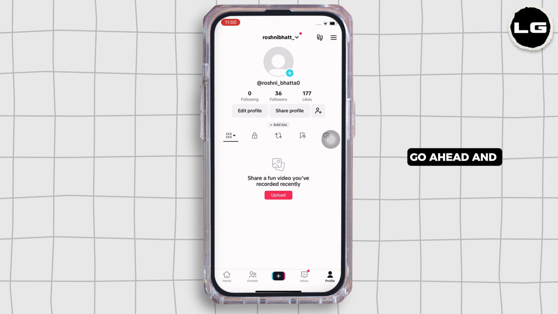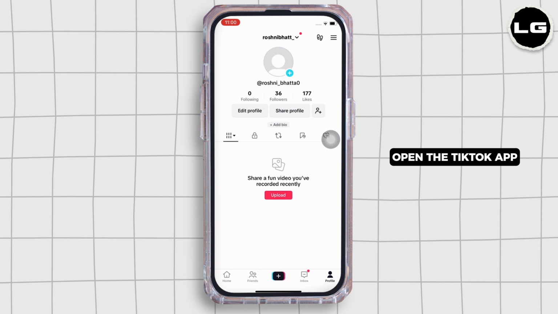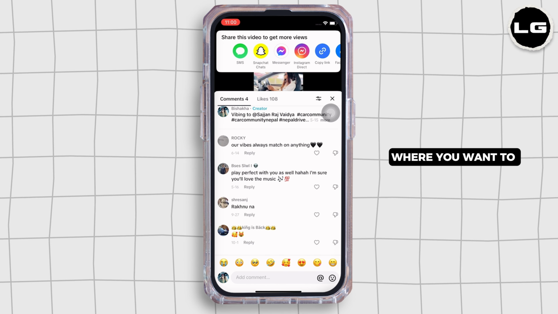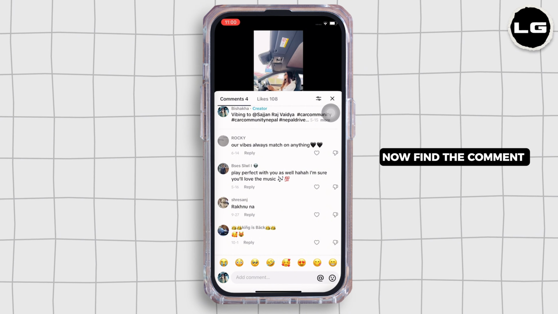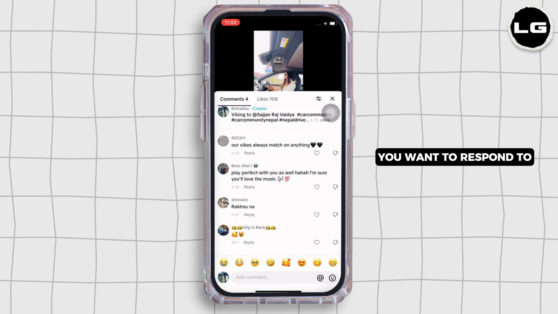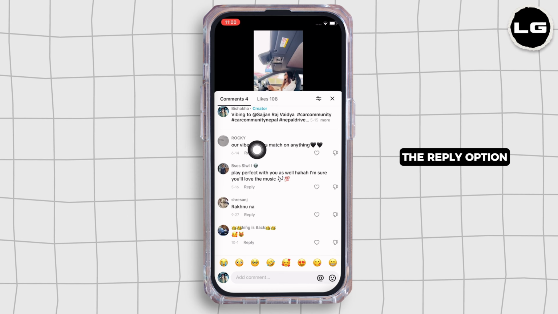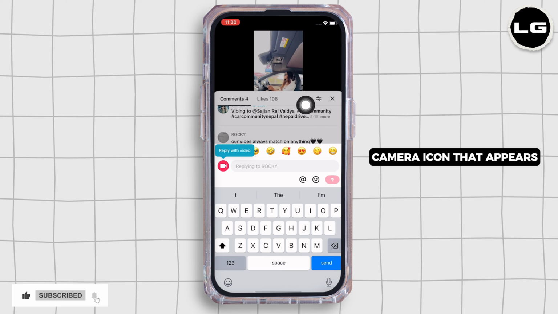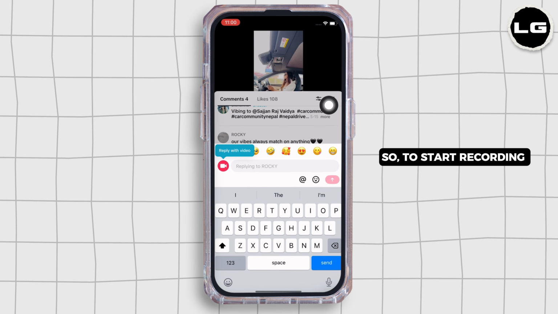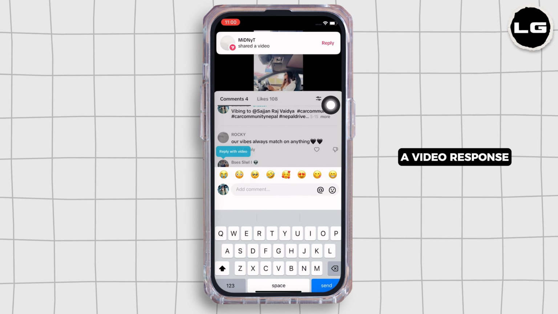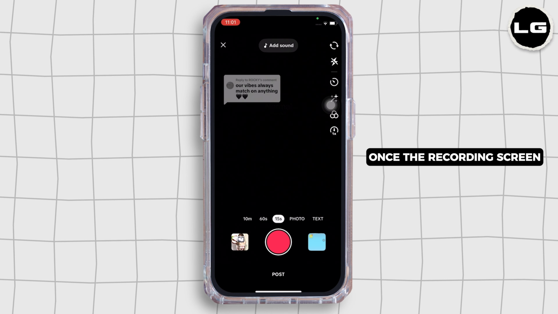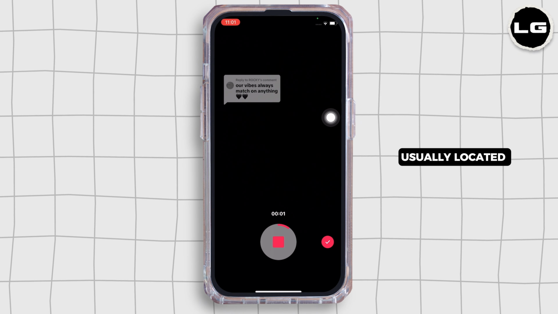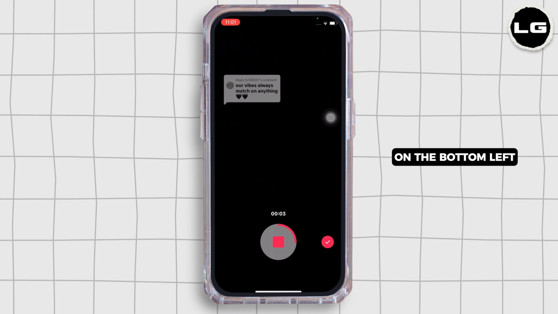To do that, go ahead and open the TikTok app and further open the TikTok video where you want to reply with a picture. Now find the comment you want to respond to and then tap on the reply option below the comment. You will then see the camera icon appear, so to start recording a video response, tap on that. Once on the recording screen, tap on the Effects or Upload button, usually located on the bottom left, and